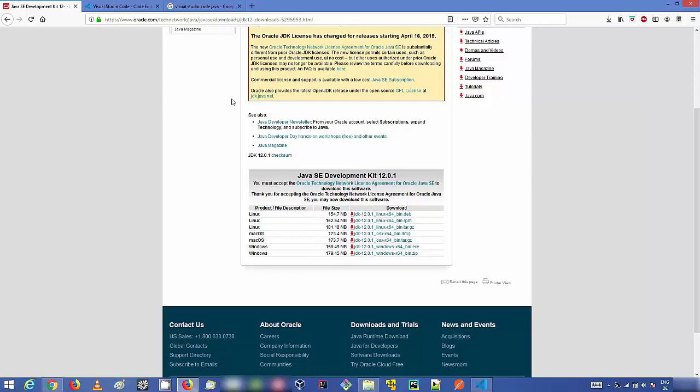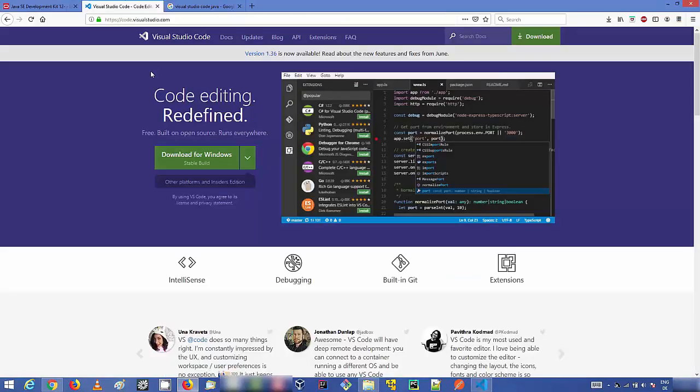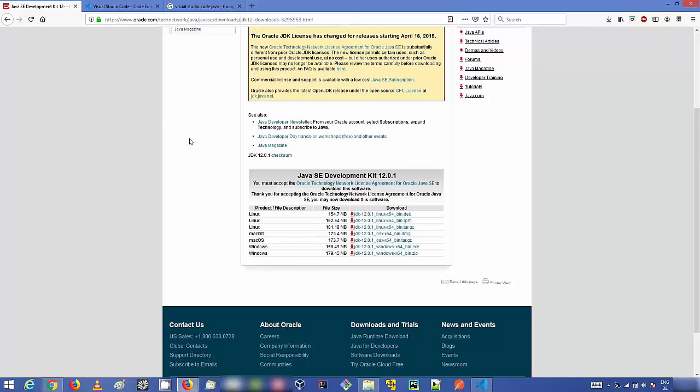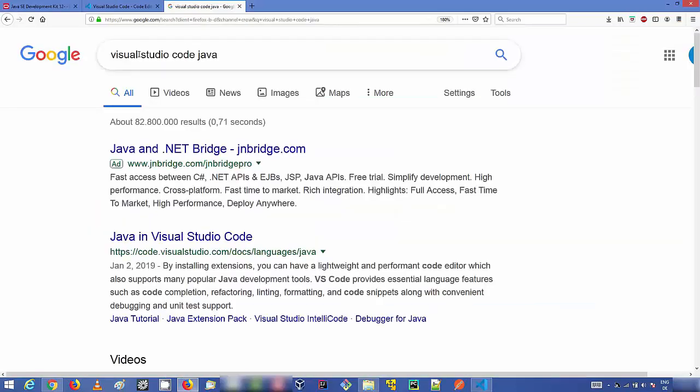So once you have installed Visual Studio Code and you have installed Java Development Kit and set the environment variable, the last thing which remains is you just need to search for Visual Studio Code Java, and you will see this link. All the links which I'm showing you, I'm going to put in the description of this video, so you can directly click those links and just go to those websites.